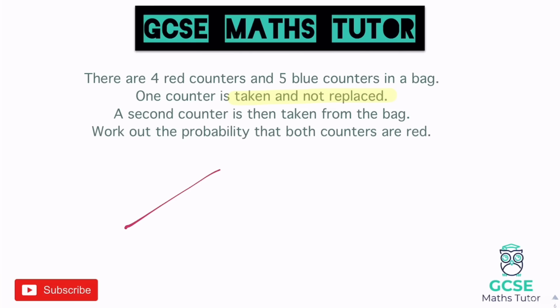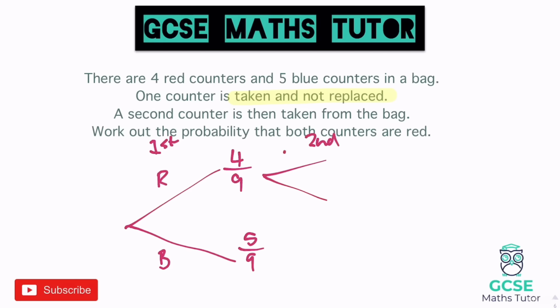but let's have a look at the first option. So initially we've got red or blue, and this is our first pick. And the red counters, there are 4 out of a total of 9, and the blue there are 5 out of a total of 9. Now let's just have a look at this second pick to start with, and let's imagine we took a red. So if we take a red, what have we got now? We've got 3 reds left in the bag, and there are only 8 counters in total, but none of the blues were taken, so we still have 5,